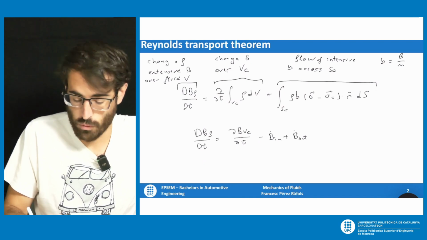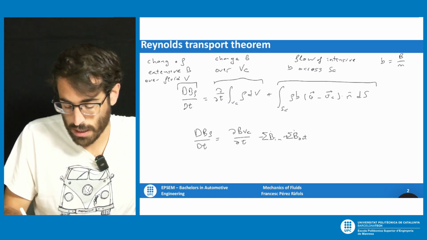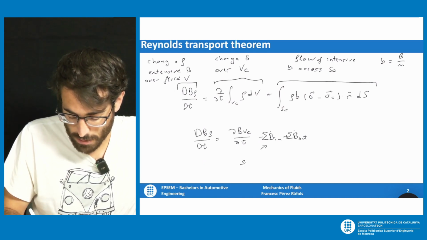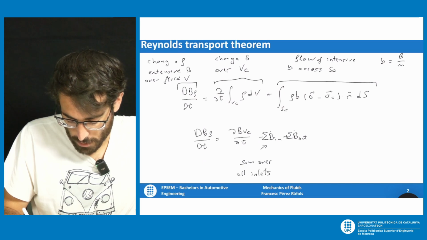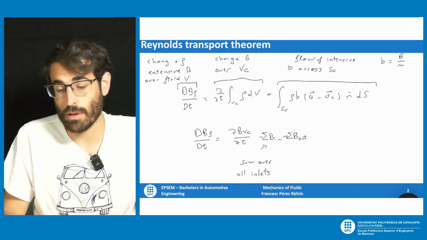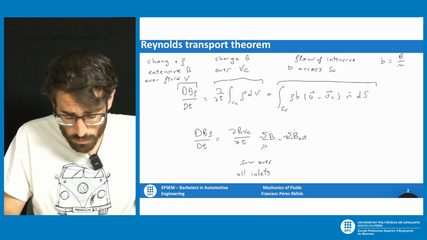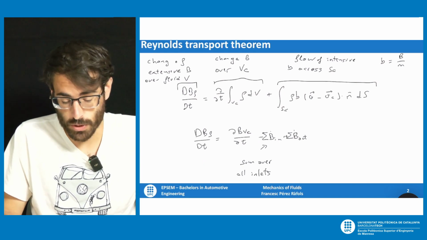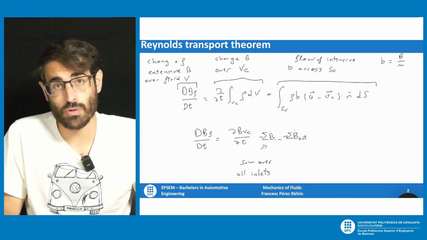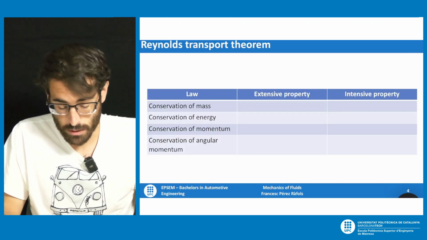And actually, if we want to be a bit more general, we can write it with these summation signs, and that means we sum over all the inlets. So in many problems, we will only have one inlet and one outlet, but in some of them, there might be different ones. And basically, this chapter is going to be using this Reynolds transport theorem in different situations